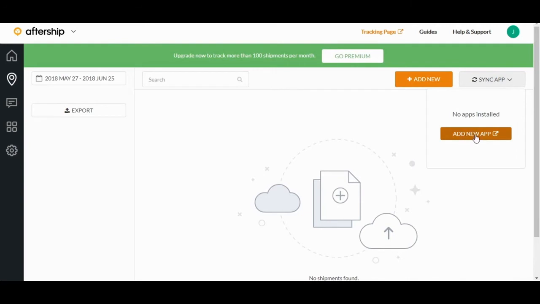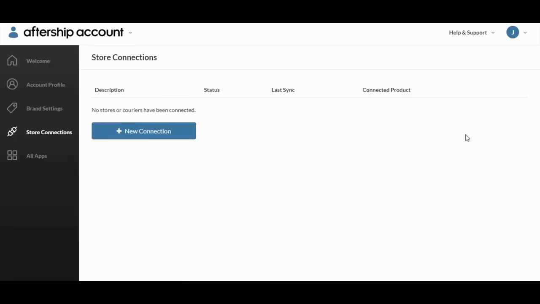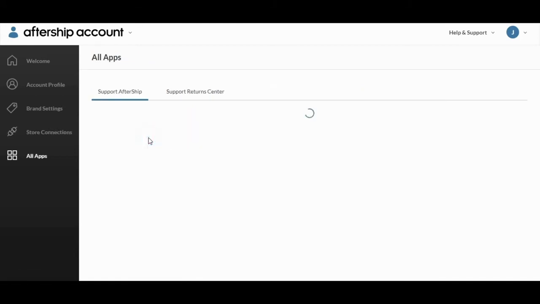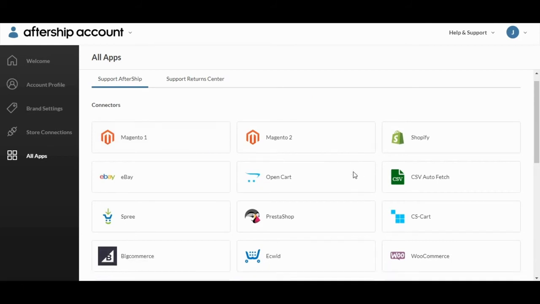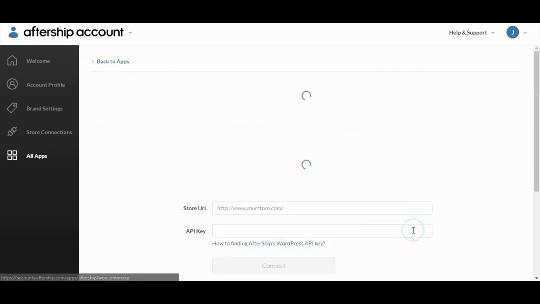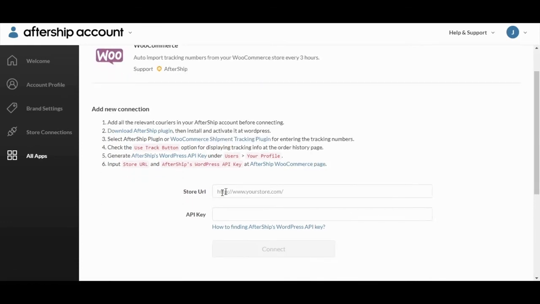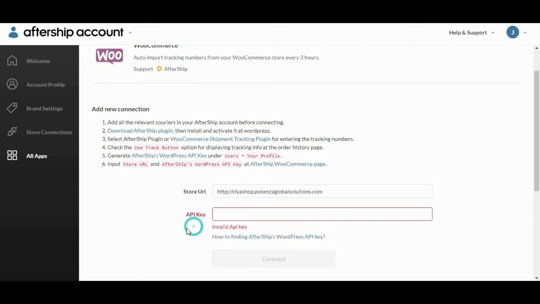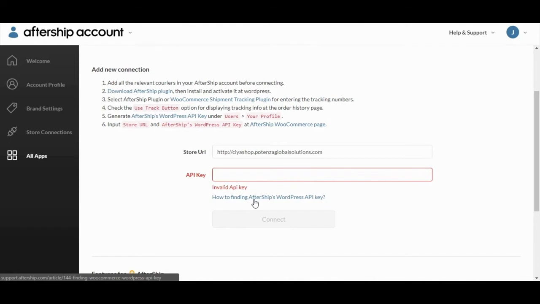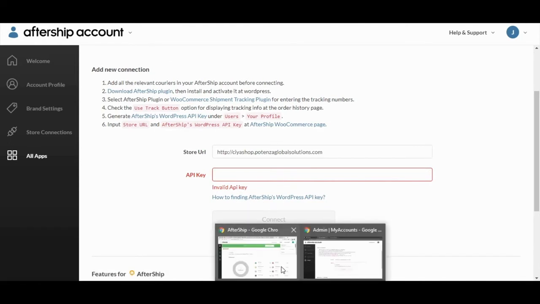Click on Sync App. Click on Add New App. Click on Add New Connection button. Click on WooCommerce. Enter your store URL. Enter API key. Here we can check how to find AfterShip's WordPress API key. For find API key,